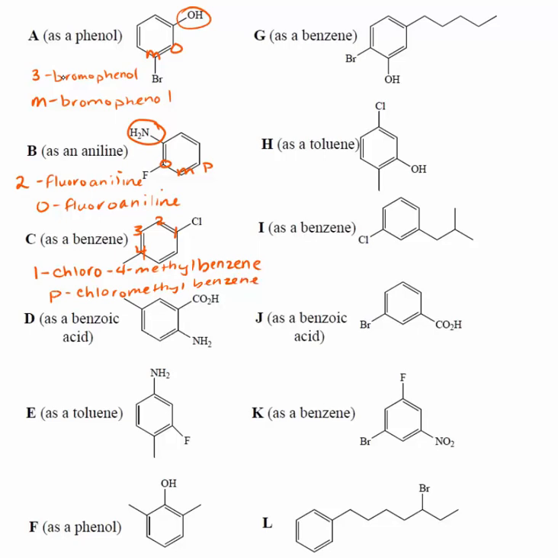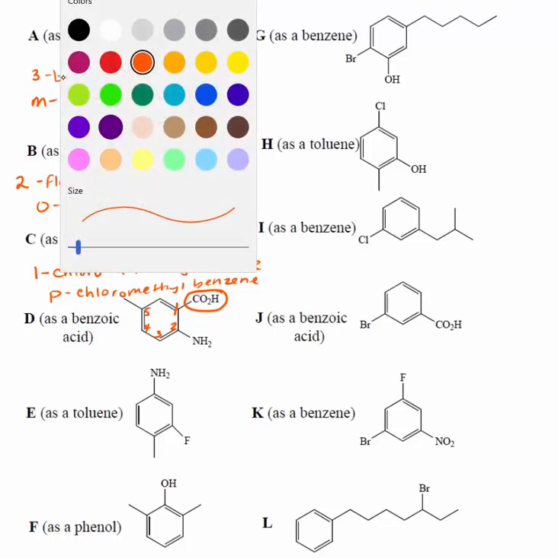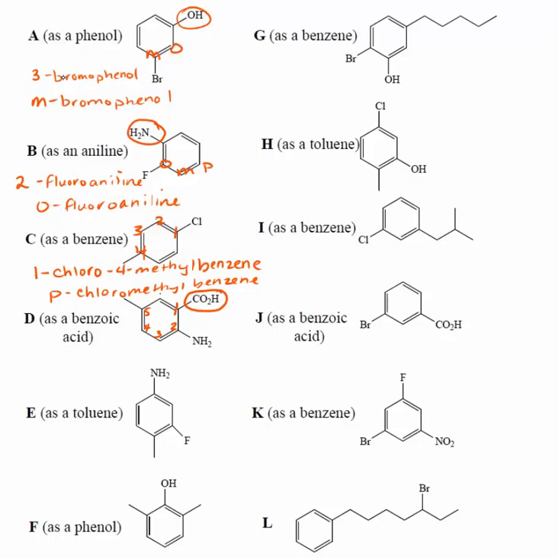Now, D, if we're going to name it as a benzoic acid, that takes care of this substituent. It also locks this as carbon 1. And because of that, we can number around this way. So we have substituents at 2 and 5, or we can number this way, 1, 2, 3, where we have substituents at 2 and 5. So now we need to let alphabetical order rule. We have a methyl and we have an amino. Because amino starts with an A, which comes in the alphabet before M for methyl,